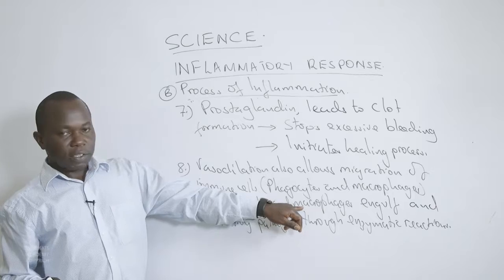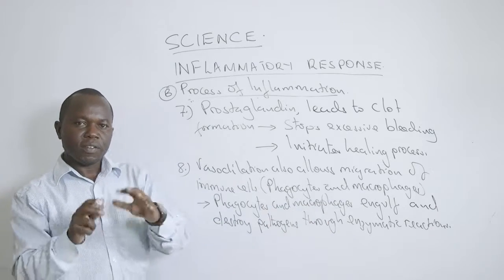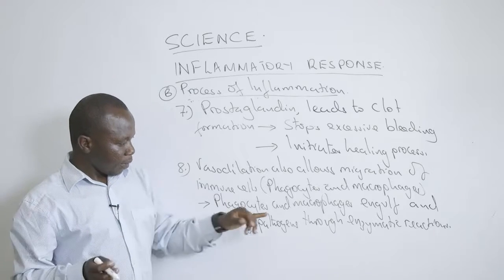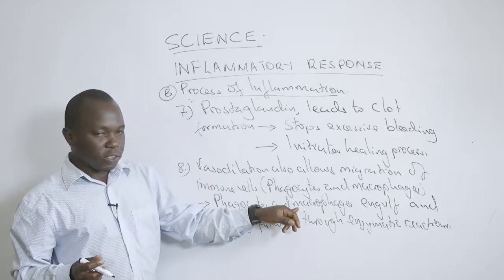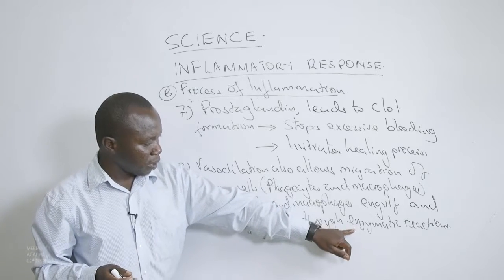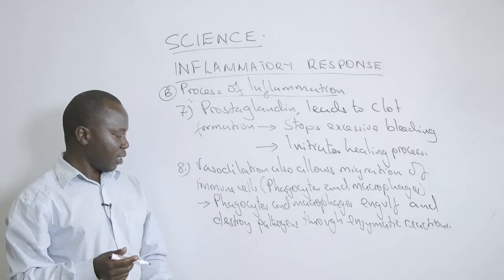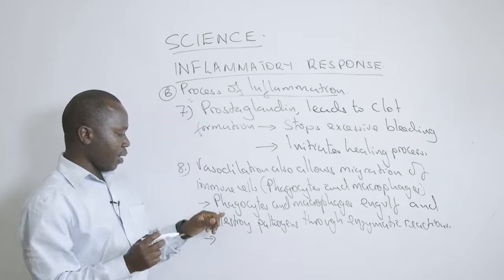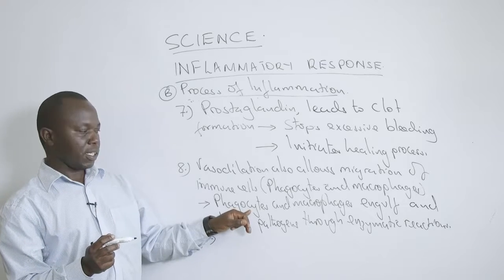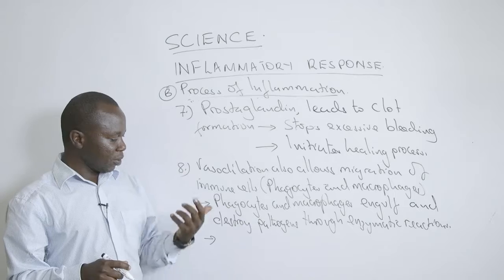Now, these cells, phagocytes and macrophages, they usually have vesicles. Those vesicles release lytic enzymes. So those are the reactions that we are talking about. Lytic enzymes are destructive enzymes. And another effect of phagocytes is that they release a chemical. When those chemicals are released,